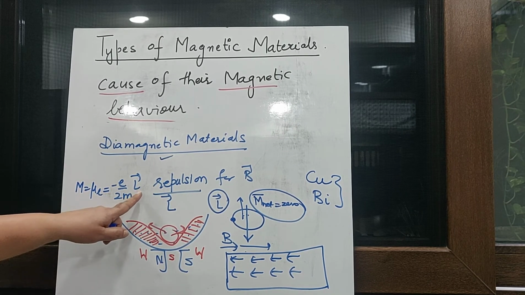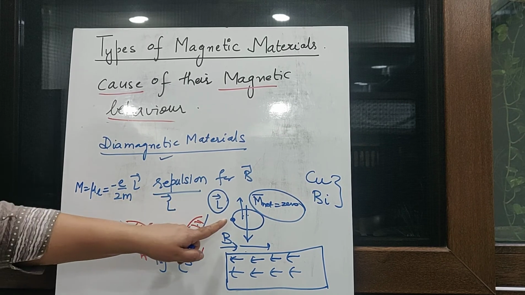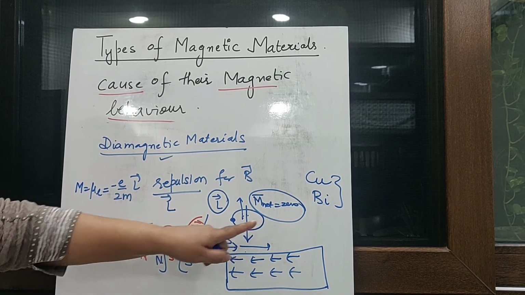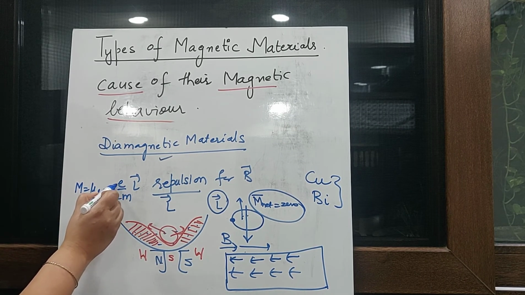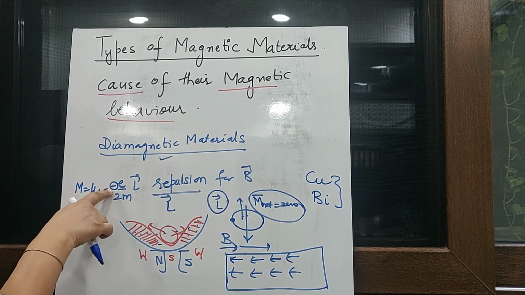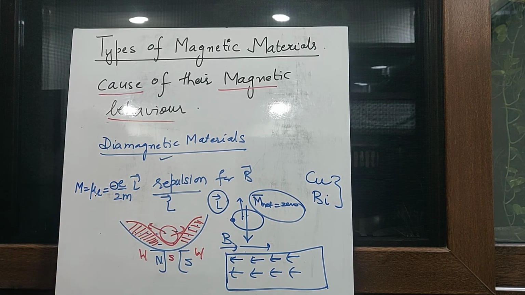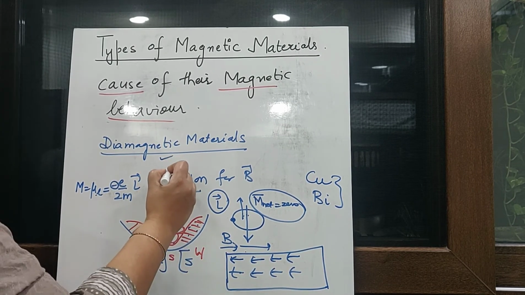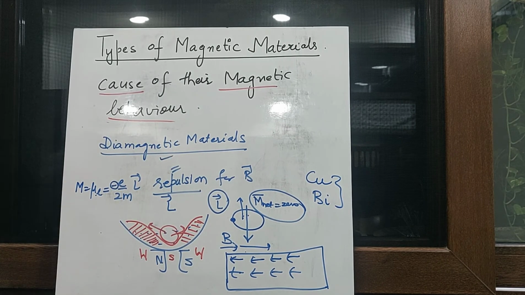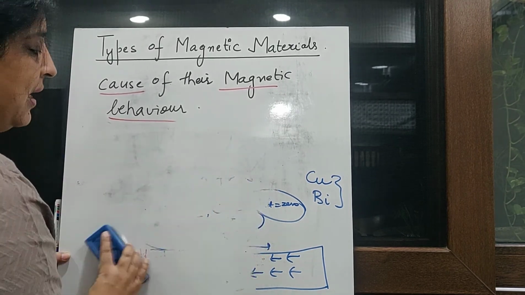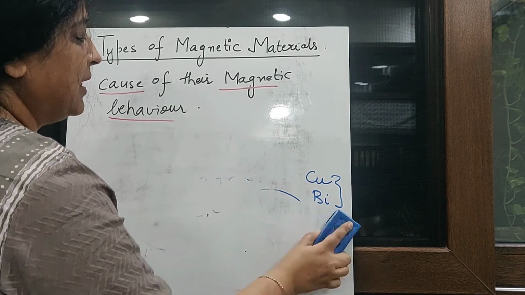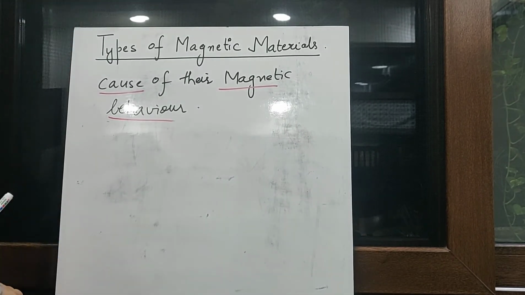Now, because the value of L is different, because some of the electrons have started moving faster as compared to the other ones, the magnetic moment will be there, and since we have a negative sign over here, this magnetic moment will be in a direction opposite to the magnetic field. So they will develop magnetic moments in the opposite direction, and because it is in the opposite direction, it shows repulsion. So this is what these three materials are all about, and now we will make a table to understand their susceptibility and their relative permeability. Okay, so we are making a table right now.